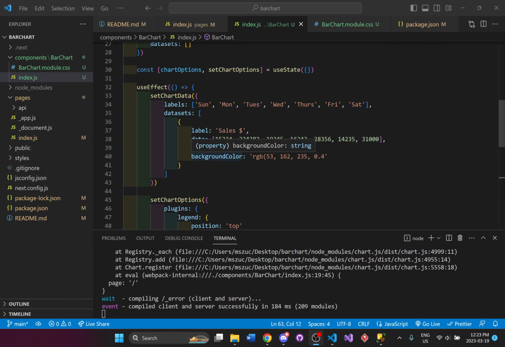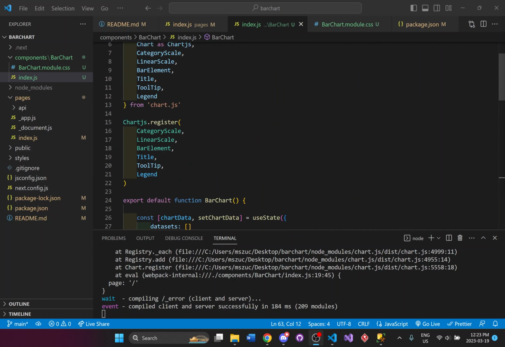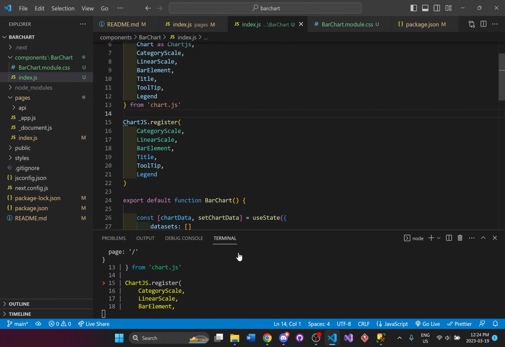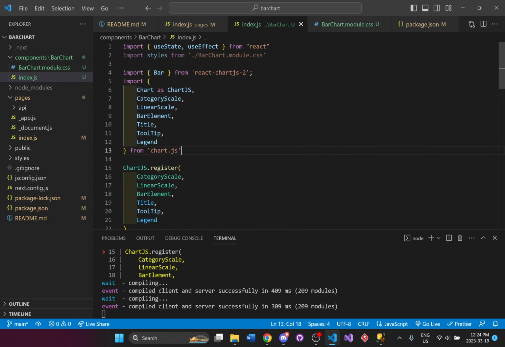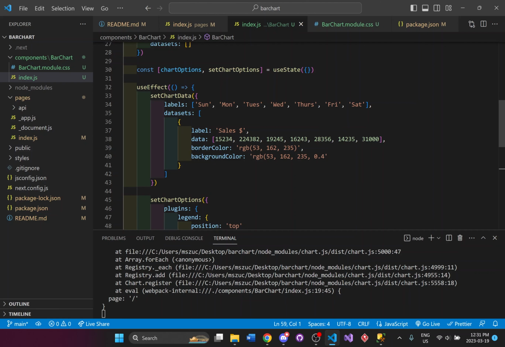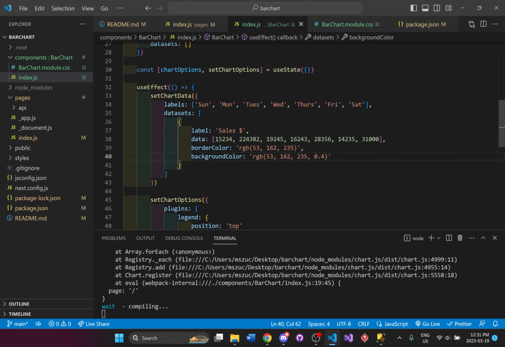So if we go to here, it has to be capital JS. And chart.js. And this one right here as well, chart.js. So let's go back to the browser. Okay, I forgot a bracket right there.